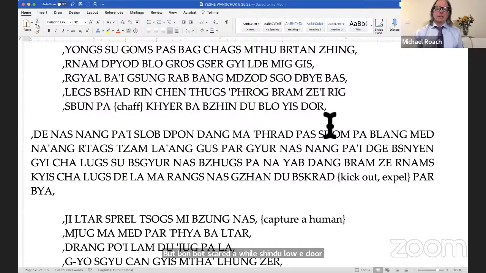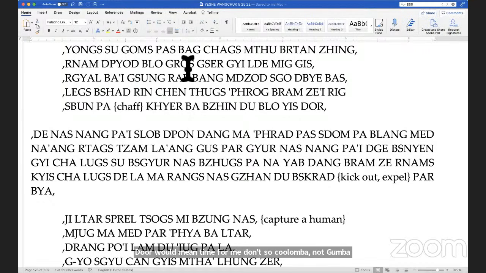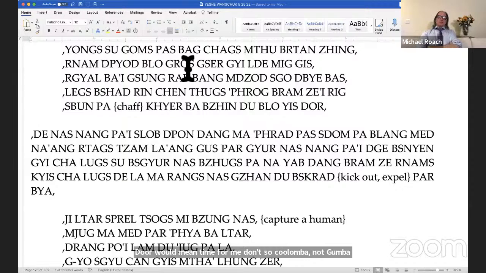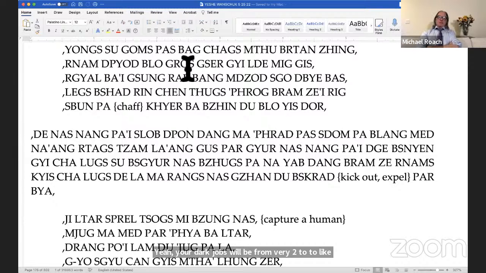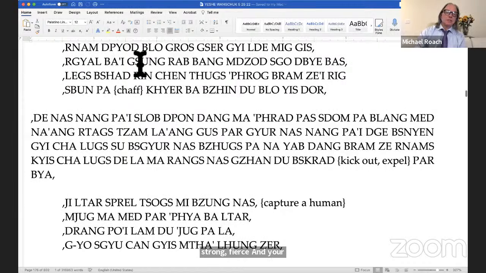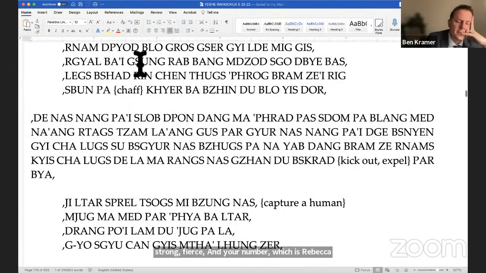Poor. Okay. Door would mean diamond. Poor means throw it out. Yongsu Komba, not Gomba, Komba, getting very used to something. If you keep practicing this over and over again, your bakjaks will become very gamba, like strong, fierce, strong power. And your namcha, which is viveka, your discriminative wisdom, perhaps,